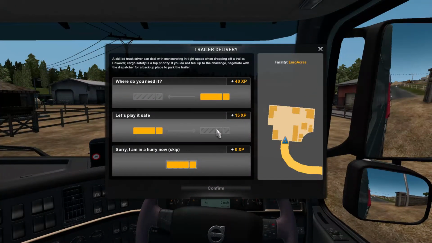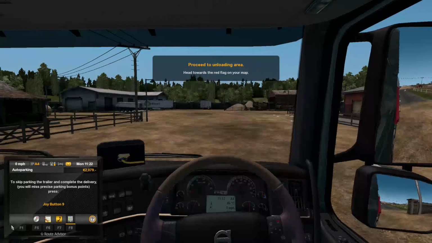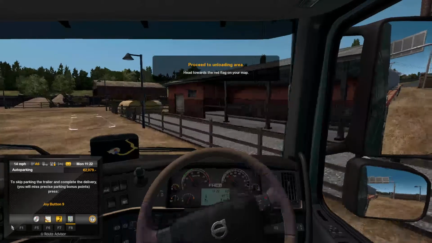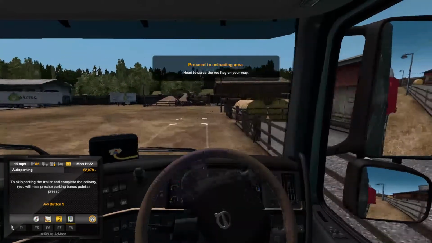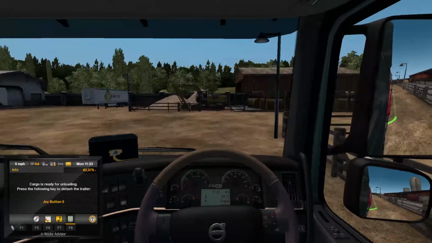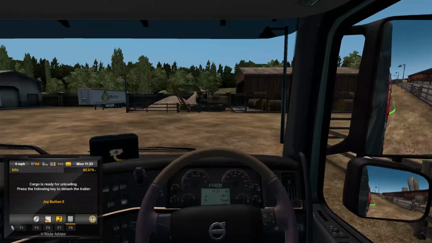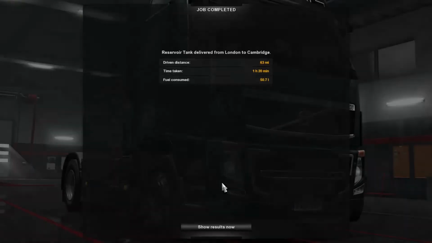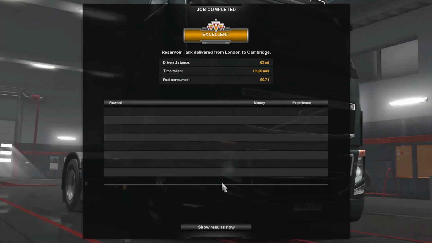And also, I don't bother parking stuff properly. So, just do this, because you get 15 XP for basically nothing. It's basically like in real life. You pull up here and then the game will decide where it wants it after. That's what would happen in real life. Button 0. That's this one here, isn't it? Yes, it is. It is quite hard to remember sometimes what button is which on there.